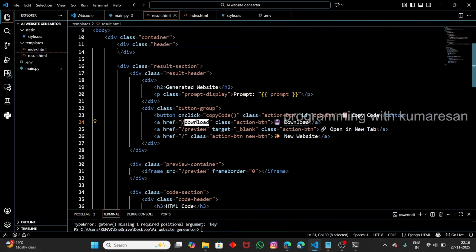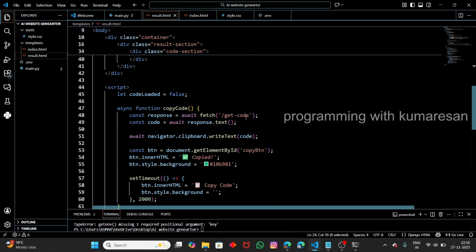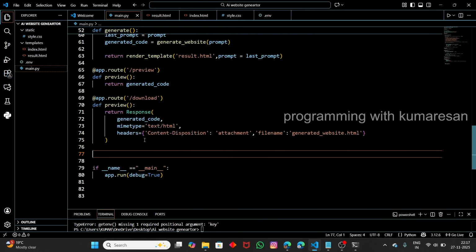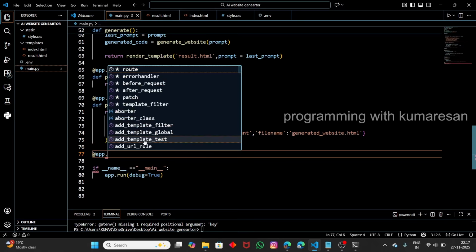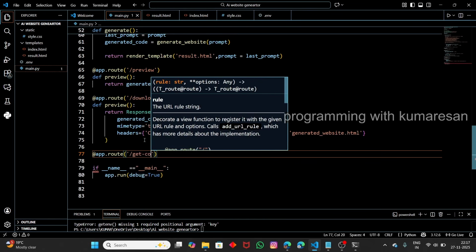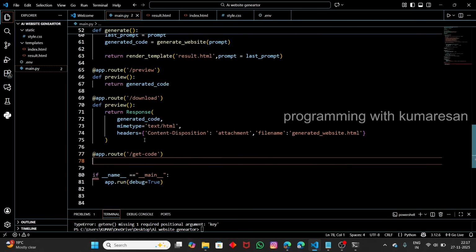So now we have worked on these two functions, right? The preview route and the download route. Let's also create this get code route. So let me go to the main.py file, and @app.route, and let's work on that one, /get-code, and we can give a name for our function now. So def get_code,